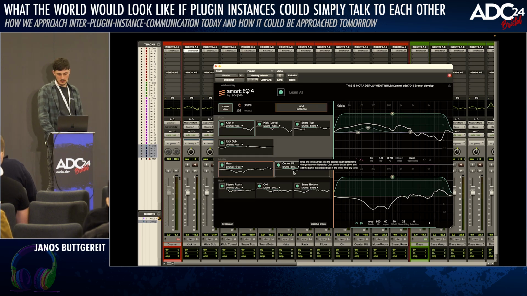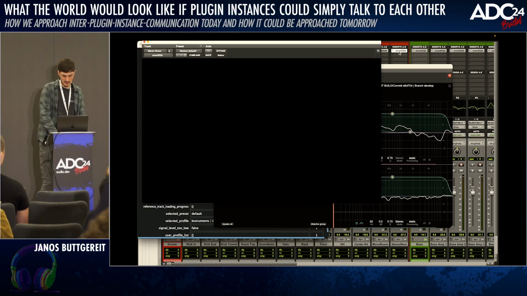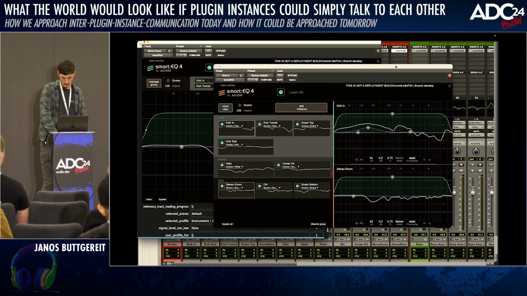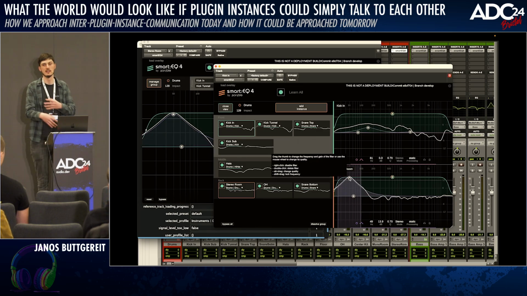And you can even do something cool, which is remote controlling other instances. So you see, if I click stereo room here, I get the editor for the stereo room instance here. And now if I just open up this instance, which should be stereo room, and I add a band here, you see these instances being completely mirrored.